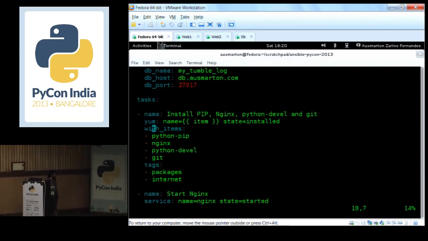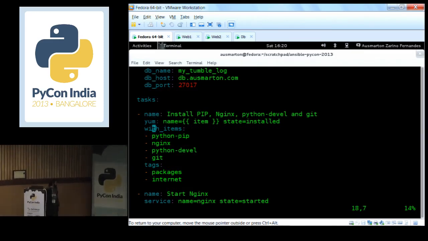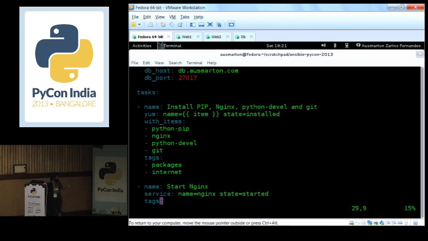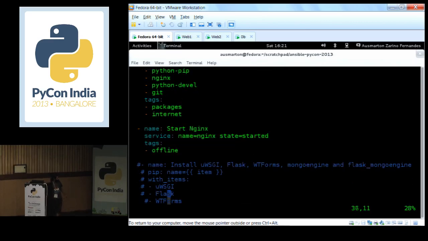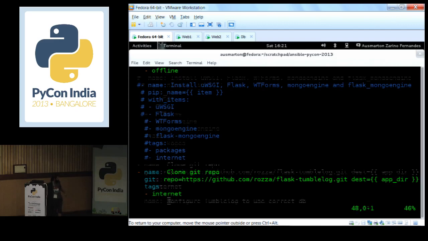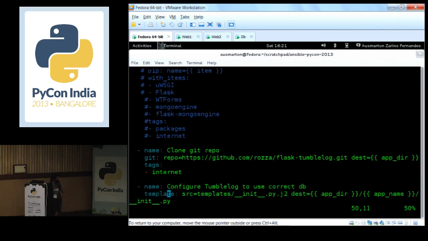If you see, there's a loop here, a looping construct which I'm using. This is new in Ansible 1.3, so prior versions of Ansible didn't have it. This is something I was talking about, that things are evolving quite fast here. So you might find that certain things are there which won't be there in future versions. Basically each of these are tasks. This one is to clone the Git repository, and that's the path to the Git repository.